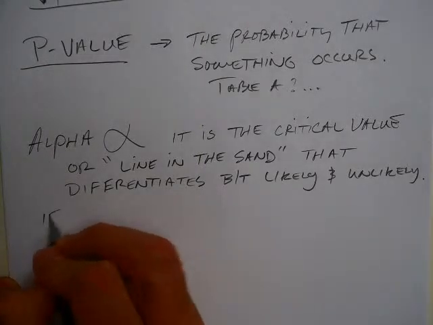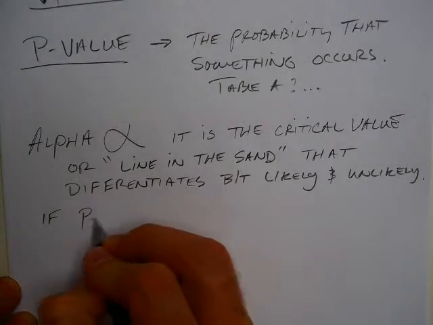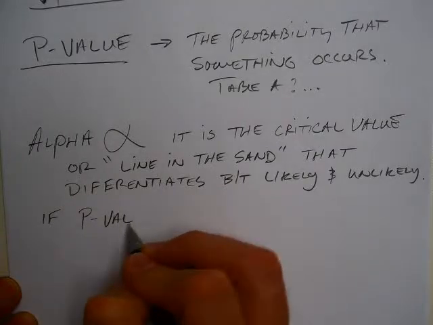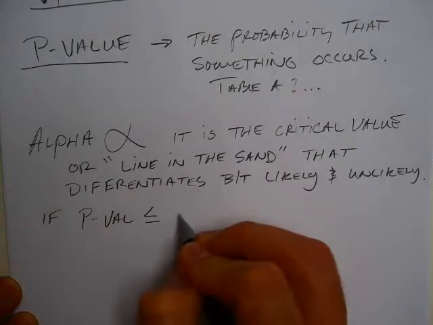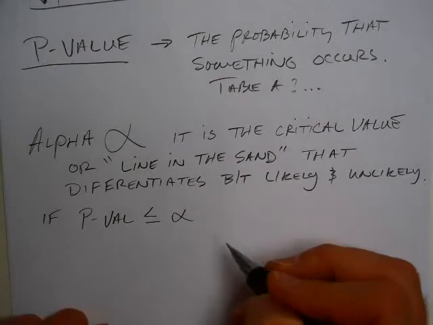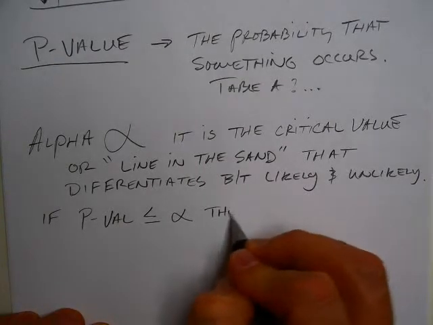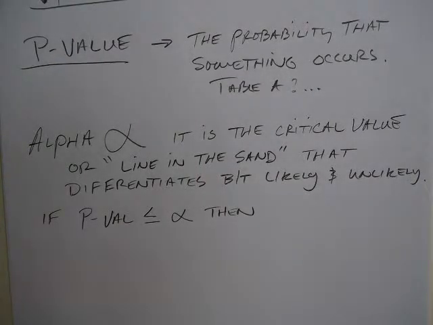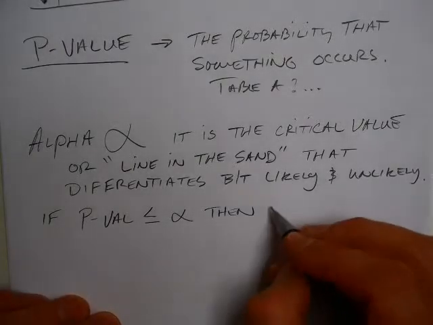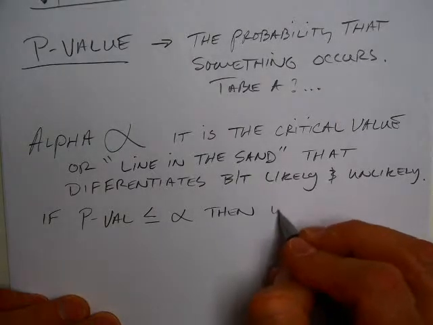But if the p-value is less than or equal to alpha, then we reject the null. We say we have convincing evidence